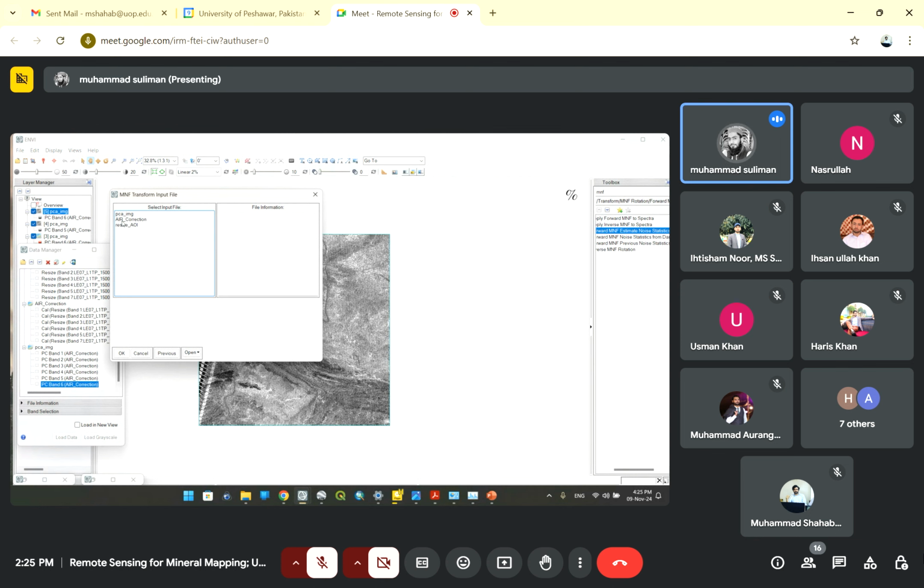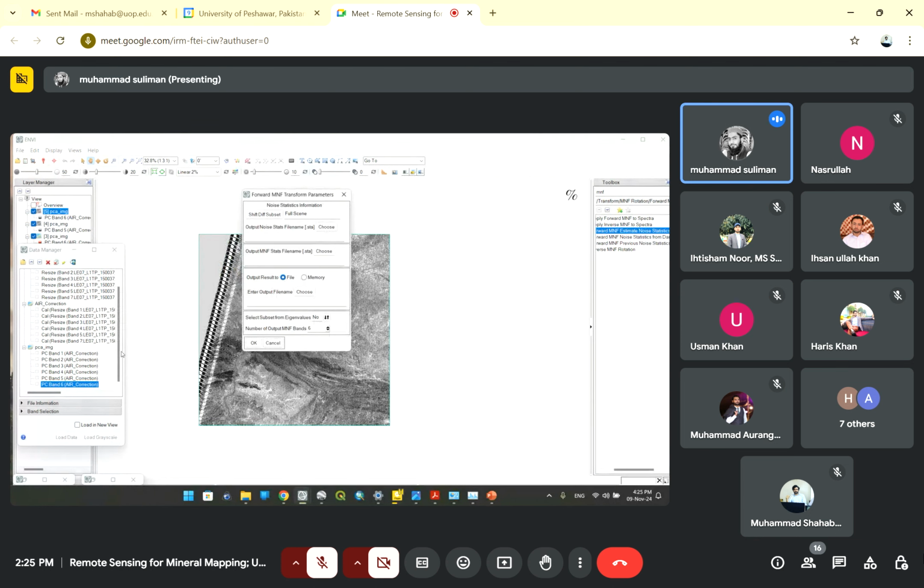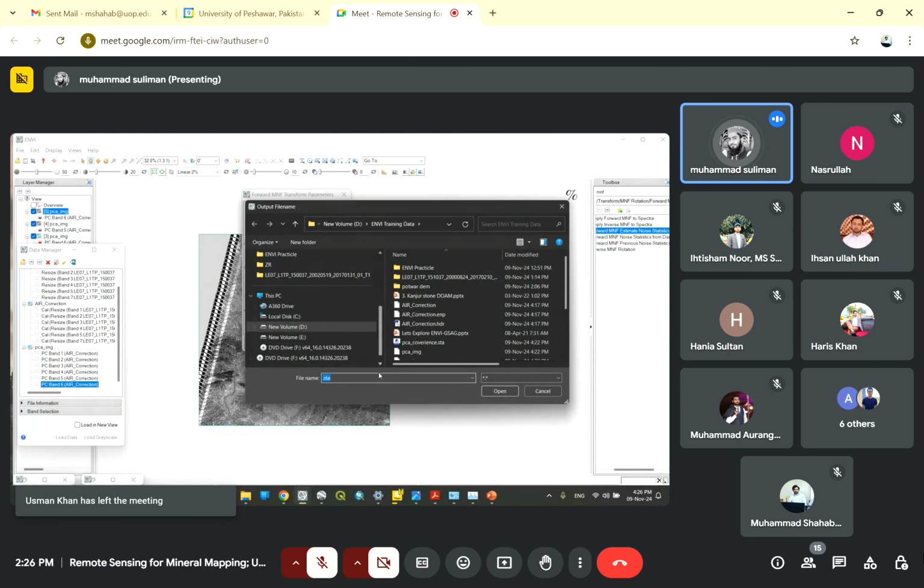again take our atmospheric correction data. The PCA gives us the covariance information, a statistical file. The MNF will give us a noise statistical file, showing which bands contain more noise. The bands which have low noise we will take as RGB and produce our map. So it shows the location there,